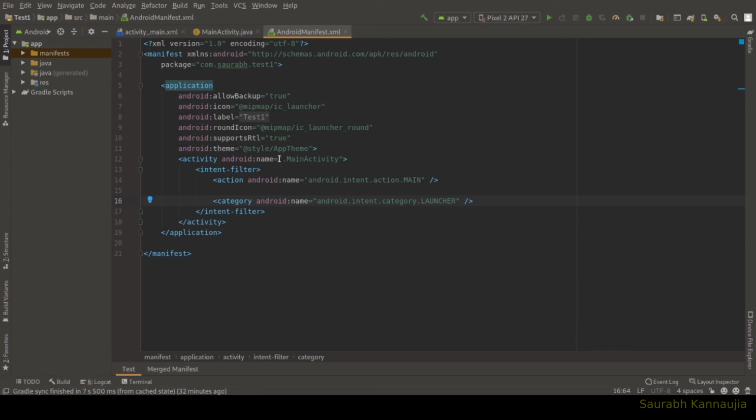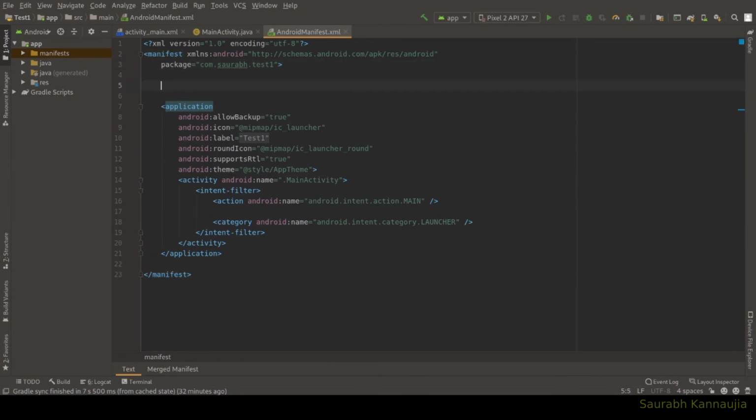So we can set different types of attributes for our activity inside the manifest file. Also, we can have user permissions inside the manifest file. Suppose our app needs internet permission to operate, so how will we ask the user?